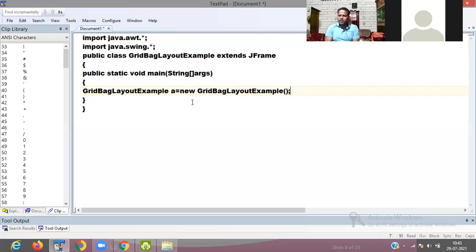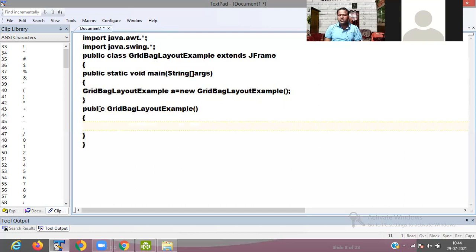Then I write a constructor. The constructor is public GridBagLayoutExample.